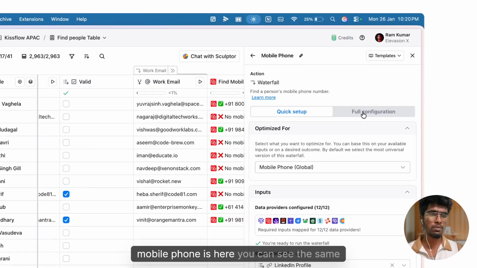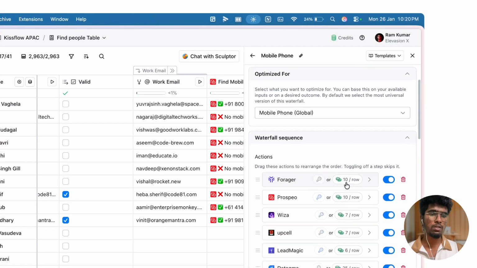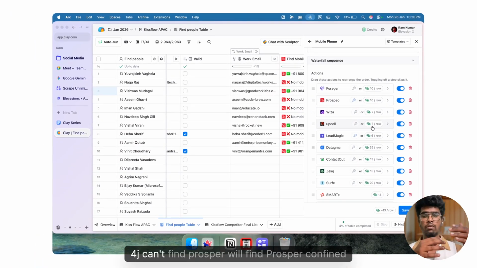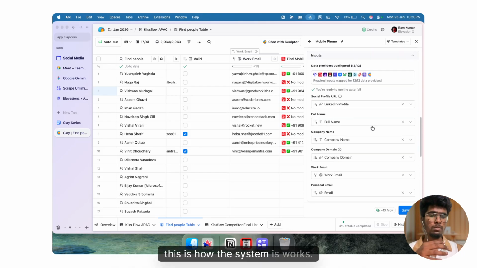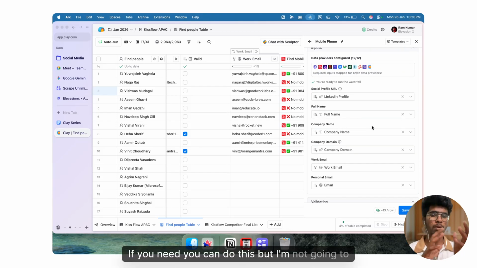Mobile phone is here. You can see the same configuration. This is how the same thing works. Forger can't find, Prospero will find. If Prospero can't find, Wiz will find. This is how the system works. If you need, you can do this, but I'm not going to show you how these things work because